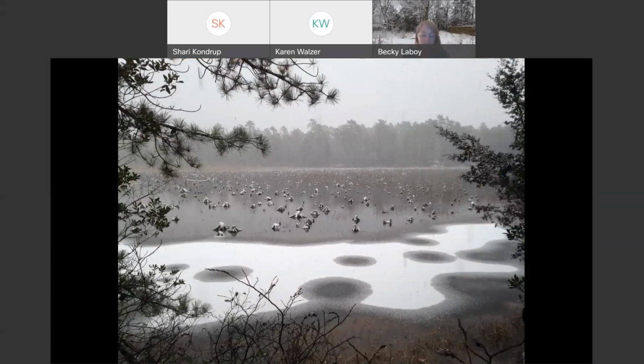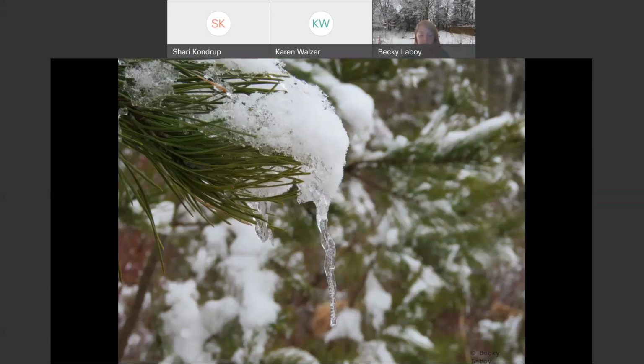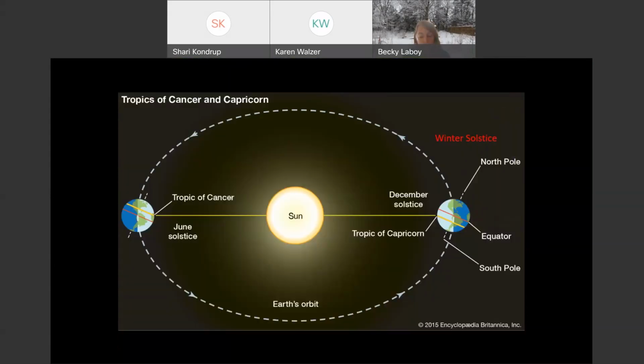Winter is a really special time of year when nature's beauty sparkles. This year, winter officially begins on December 21st, the day that marks the winter solstice, and the moment when the Earth's North Pole reaches its maximum tilt away from the sun. The first day of winter is also known as the shortest day of the year, or the day with the fewest hours of sunlight. From December 21st onward, the days grow longer, with more minutes of sunlight added each day